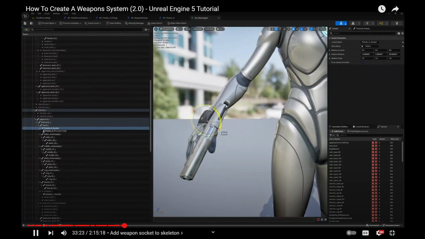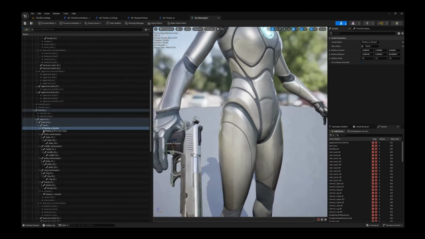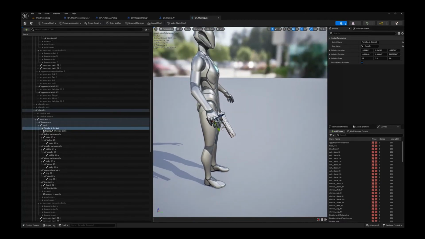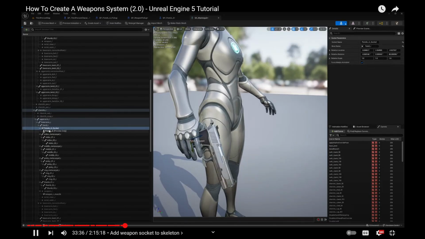Into the right position in her hand, like so. I'm not going to worry about this too much just now, but I am going to change the scale because the scale is absolutely massive. So right here with the